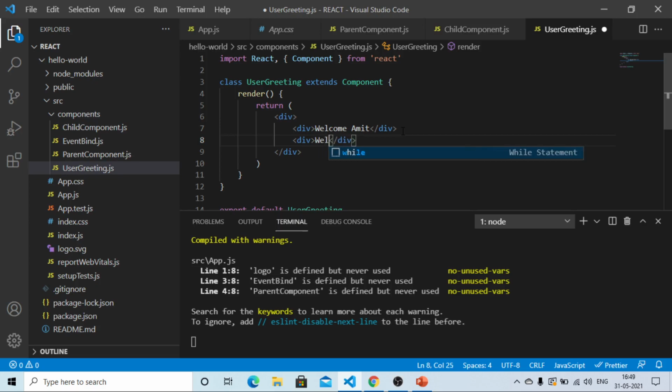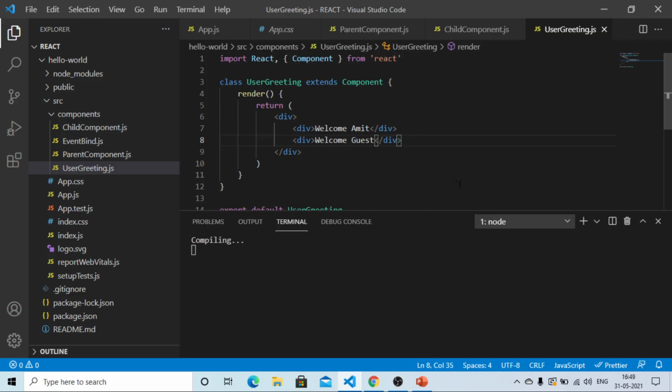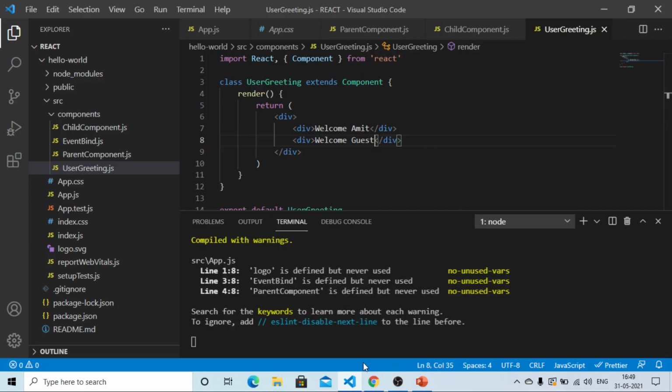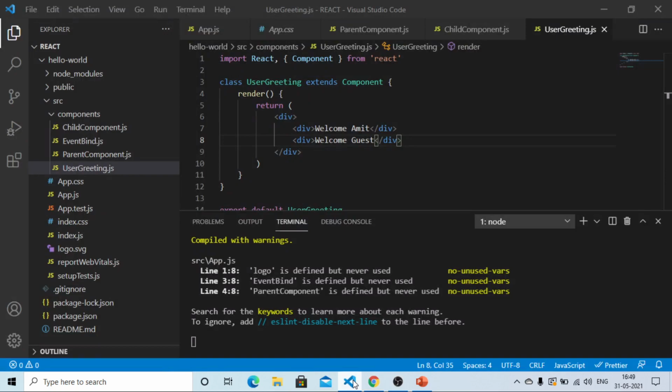You want to write here welcome guest. Save this file, and in the browser you can see that both of the statements are being rendered, welcome Amit as well as welcome guest. But what we are going to do here is that based on some condition we have to display these messages.